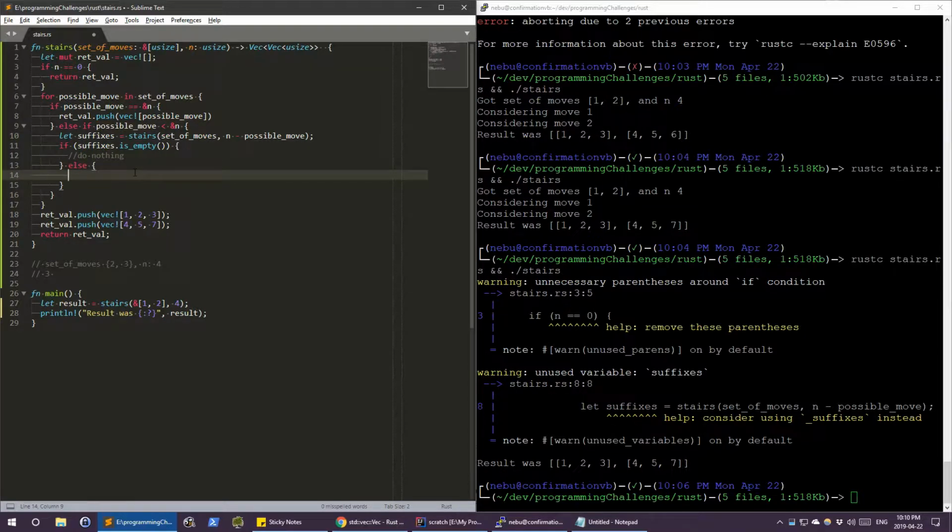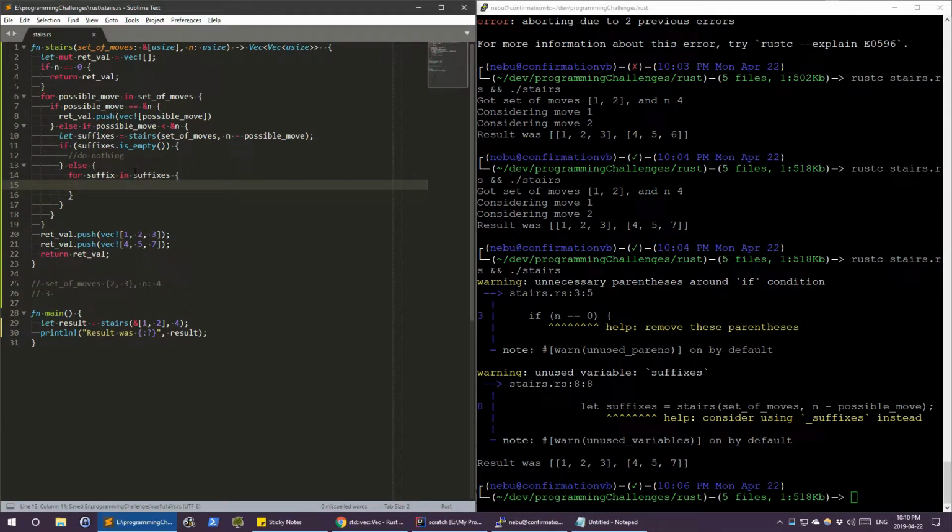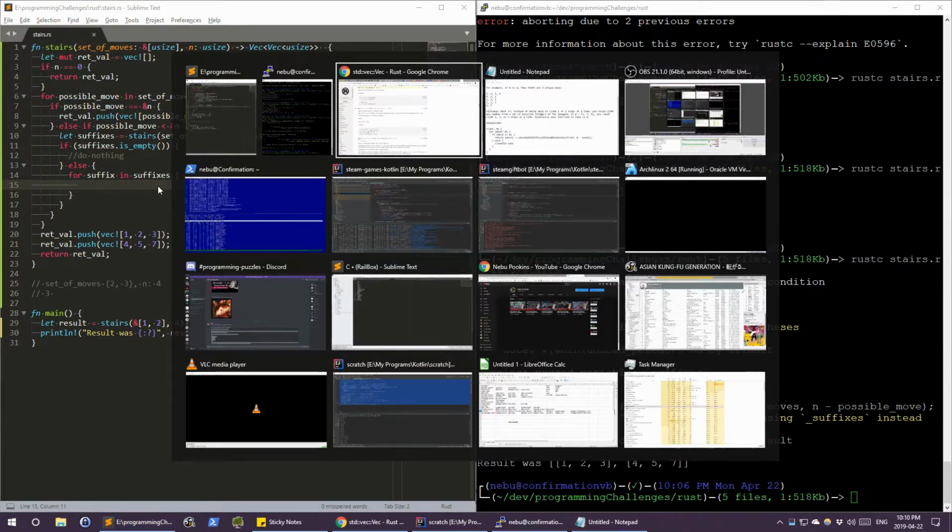So how do I do that? So here I want to iterate over the array, I guess. So I want to say for suffix in suffixes, and it's going to tell me to remove the parentheses because I'm still not used to this weird syntax of not putting parentheses here. So for each of these guys, can I prepend